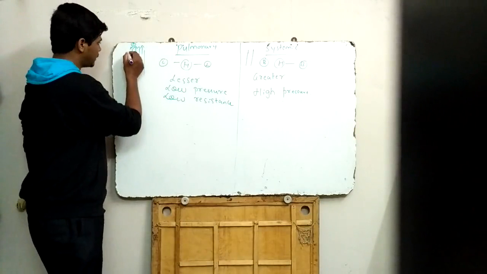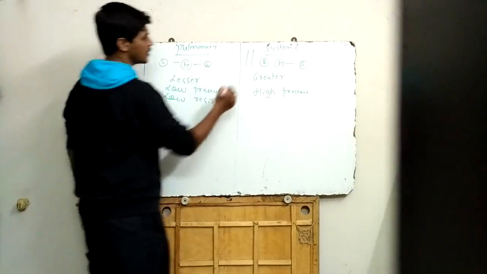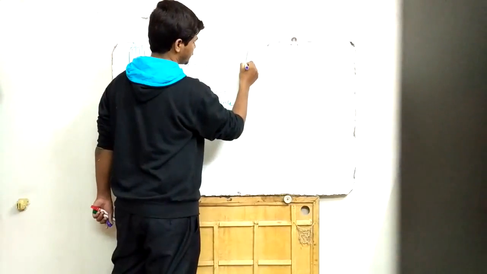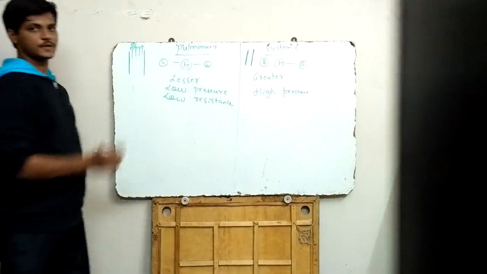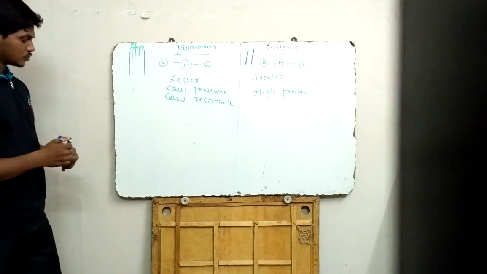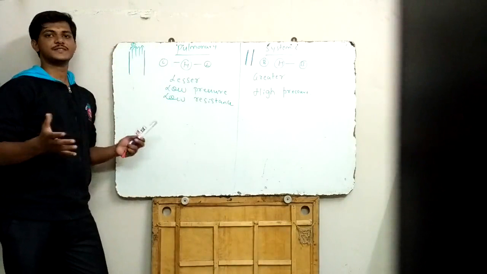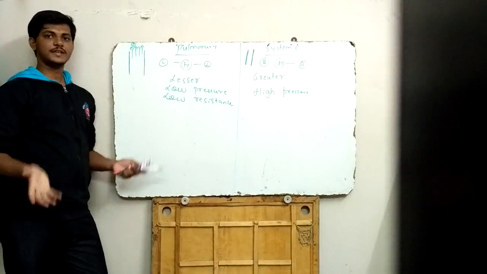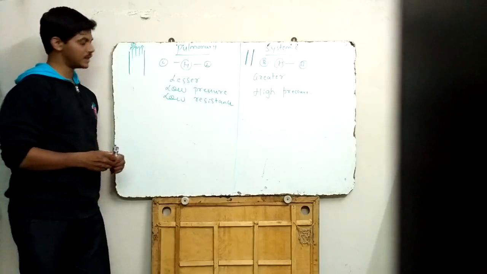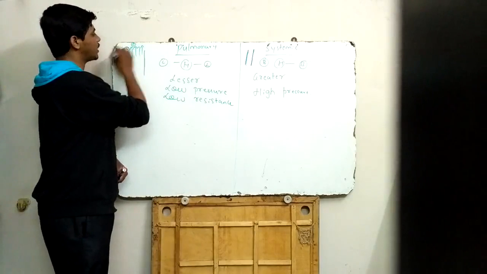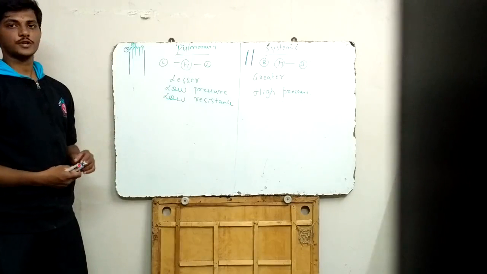Second, the thickness. The wall of the pulmonary vasculature is very thin compared to the wall of the systemic vasculature. Systemic vasculature has a lot of smooth muscle, so the wall is thick, but here the wall is thin. When the wall is thin, and more blood flows in, it is easily distendable, which means it is more compliant. And more compliant means it will easily allow more blood to flow.